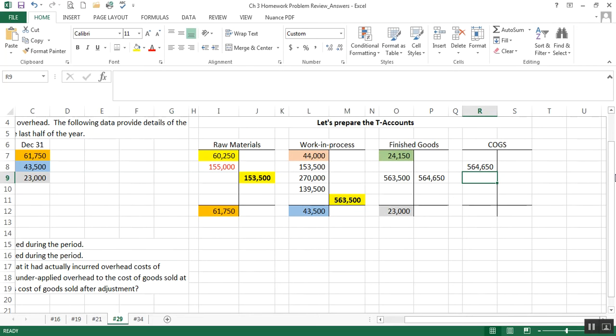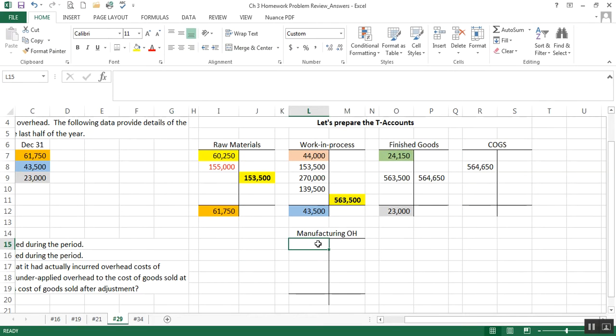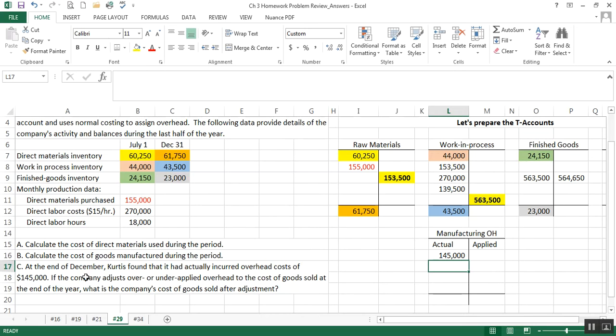Then we know that its over or underapplied will be closed to the cost of goods sold at the end of the year. Therefore, for the manufacturing overhead, we're going to create a separate T account. Let me just format this for you guys. So this is going to be our actual, and this is applied. Our actual overhead was $145,000 per Part C,